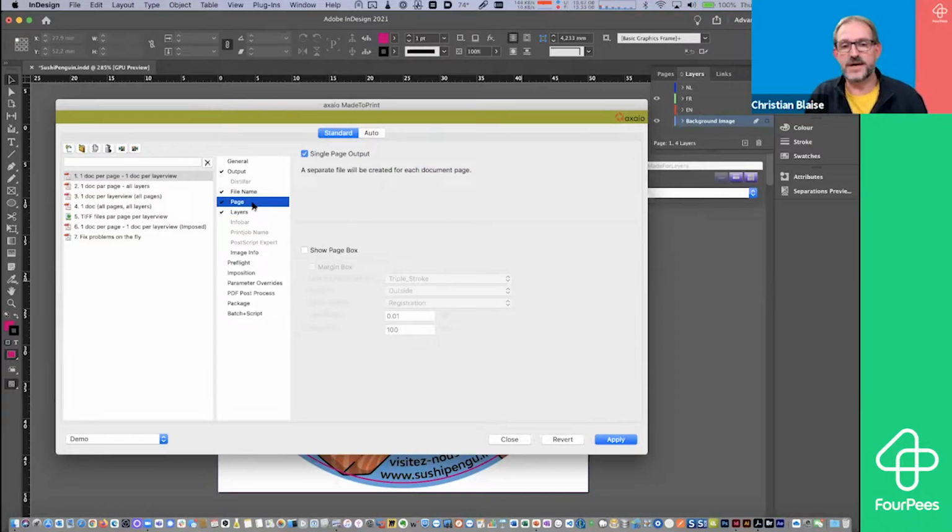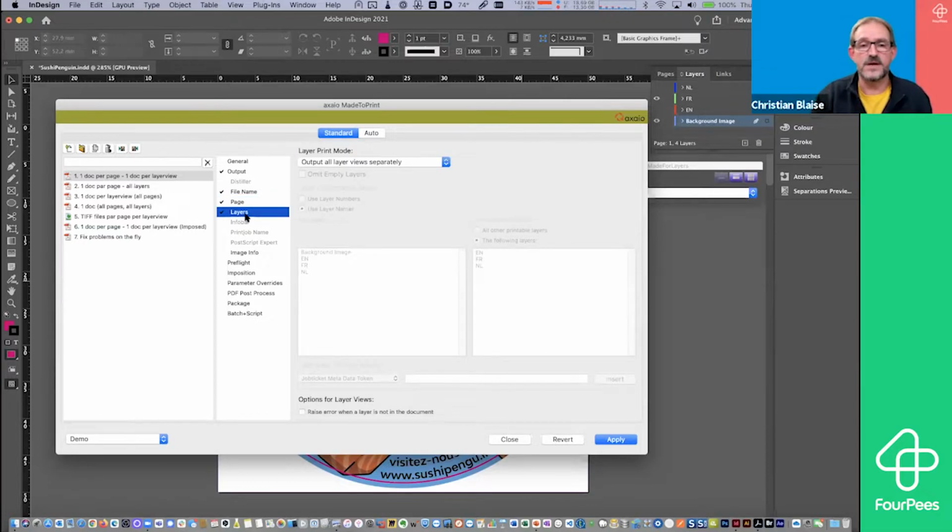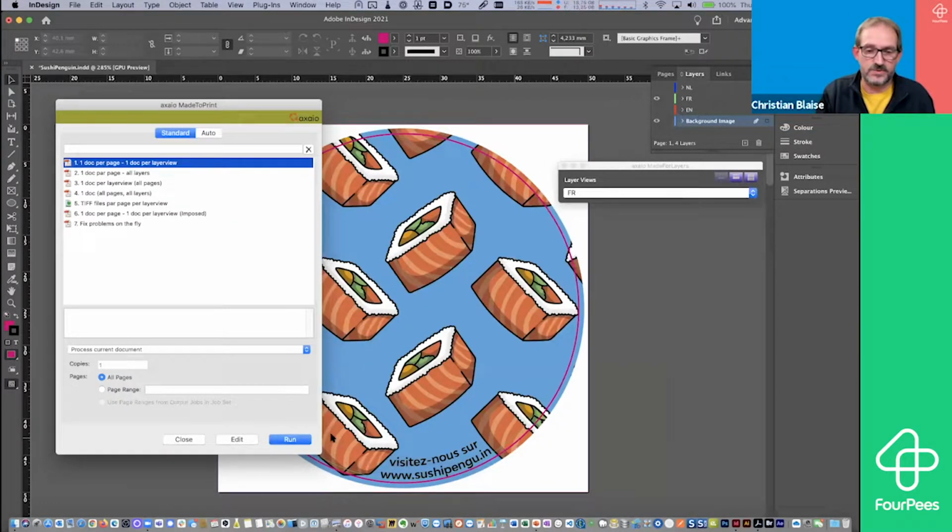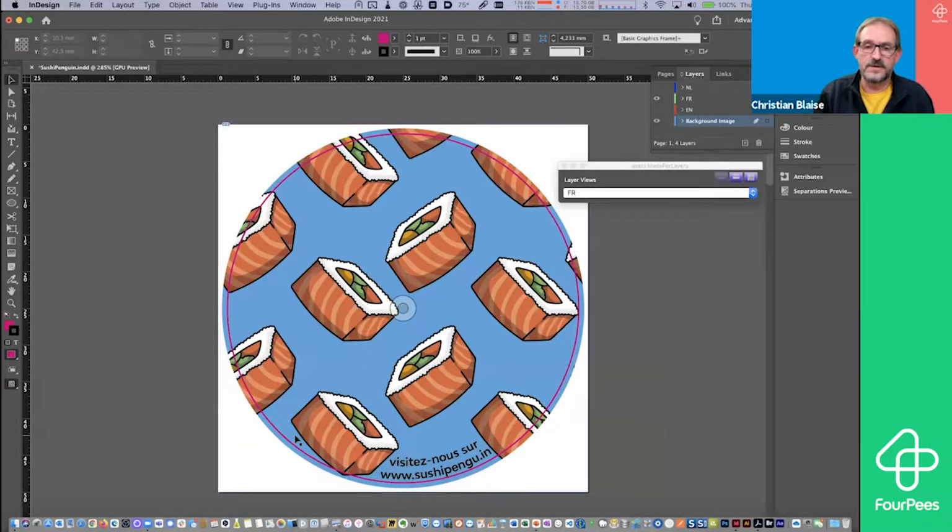For the pages, I picked that I want a single page output, which means that I'm going to have a 1-page PDF, which is exactly what I wanted. And in the layers, I'm outputting each layer view separately. This is why, by the combination of those two, I will get 1 page, 1 language in all of the PDFs. There are other settings here, but I will go over them later on. So let's say that I'm going to do that. If I do the run,